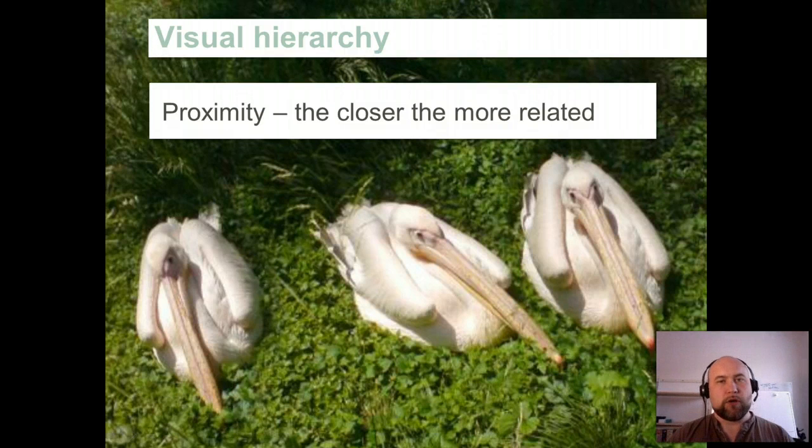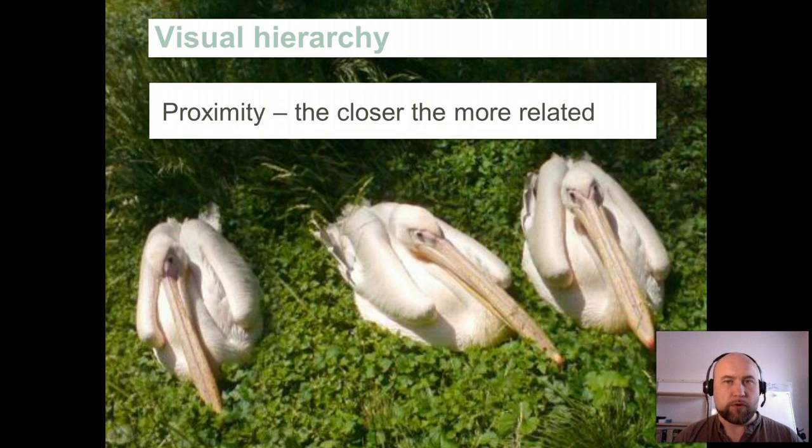And as I showed earlier on the image with the buttons, first we start looking at the big yellow button. That's what grabs our attention. And then we start looking for the next most important thing. And we will start looking for things that are close to this. This is the basis for most visual hierarchy. How we decide which way to navigate through an image and how to decide relationships between things in an image. The closer two things are, the more they are connected.